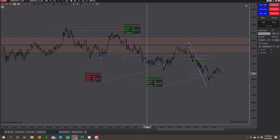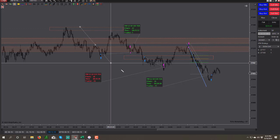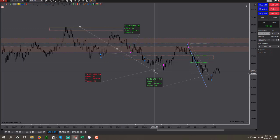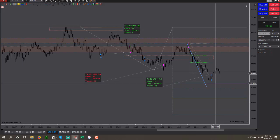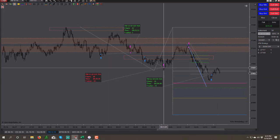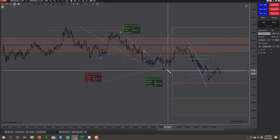Now the main swing was, I believe those are the extensions. The main swing was this here. Okay, so that 127 was slightly short, but on this other swing that we have here, clear low, clear high, price did interact with that 127. So I did want to, because of that,